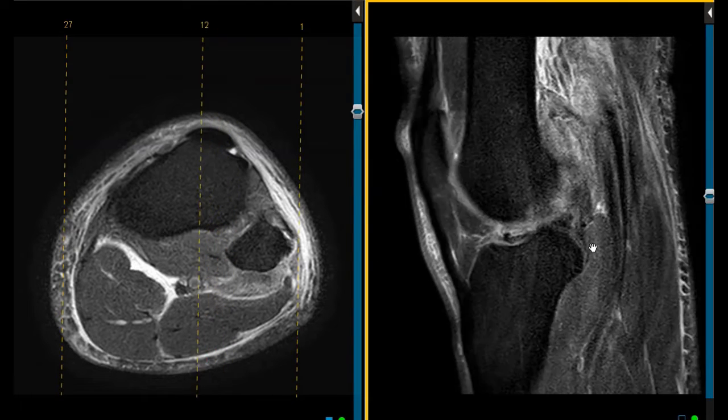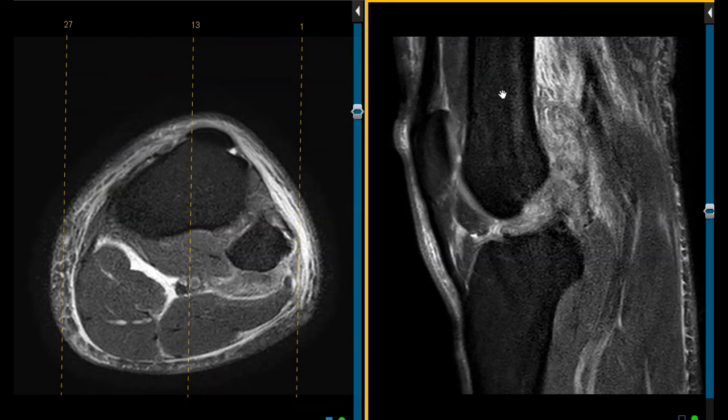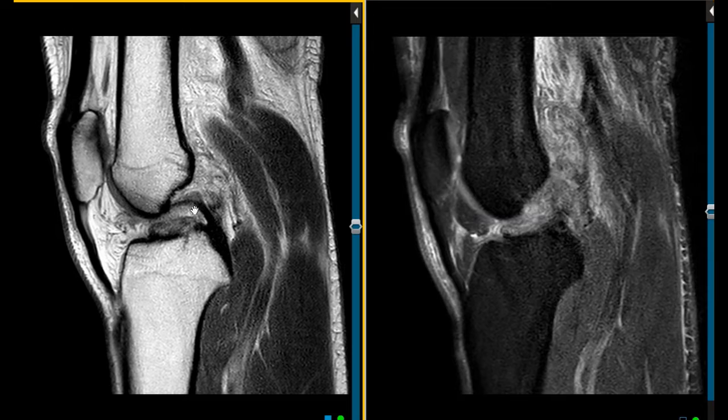So on this sagittal view, we have the femur and the tibia here. Same view over here. We see the PCL, posterior cruciate ligament, looks normal. Looks like a candy cane here. And the ACL should go the other direction like this, but the ACL is non-visualized. This is part of the ACL here laying down horizontally in the joint, so it looks like the ACL is